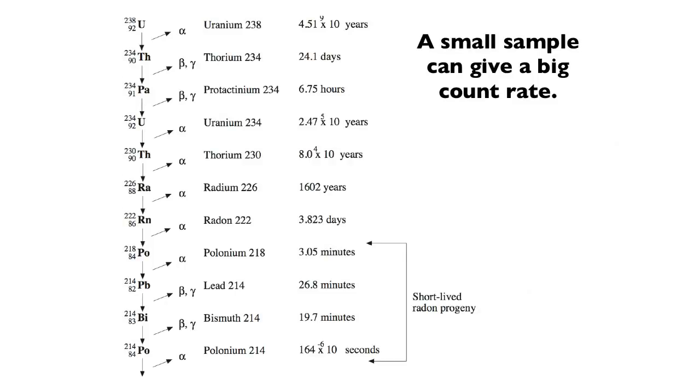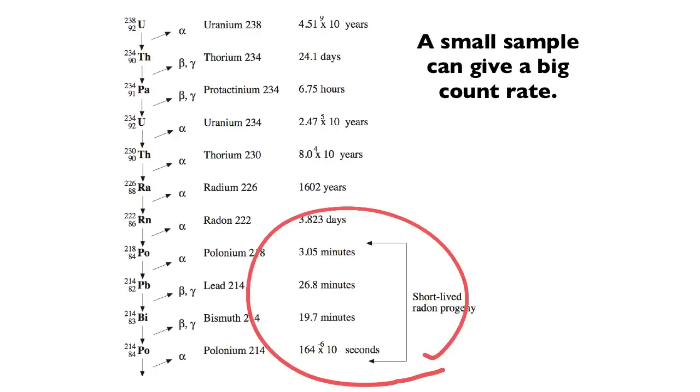Now, if the activity is really short, for instance, the radon progeny, radon has a half-life of about 4 days, but it decays into stuff which has half-lives measured in minutes. And so the short-lived radon progeny can have very, very big count rates, very, very high activities. That's how, in that one video that you saw, I was able to get a decent count rate off a balloon by rubbing it on my hair, and it collected dust from the air, and some of the dust will contain particles of these radon progeny, and a very small number of atoms can nonetheless give a big count rate because the half-life is so short.